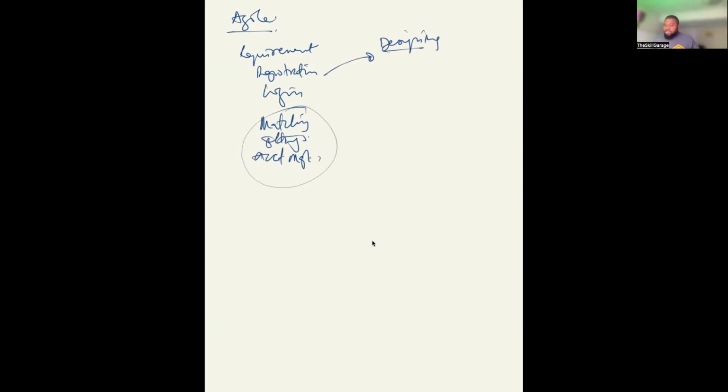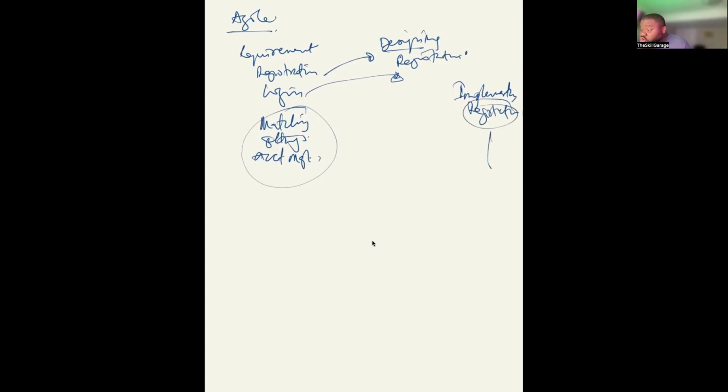Please listen. Why can't we start designing this one? And if we have designed the registration, why can't we start, instead of waiting for login to be designed, once this one has been done, why can't we start implementing the registration?